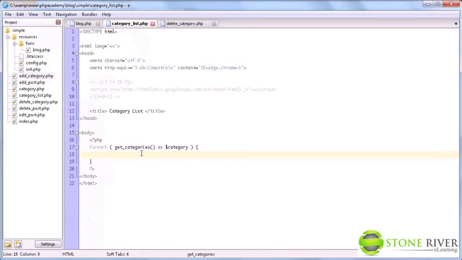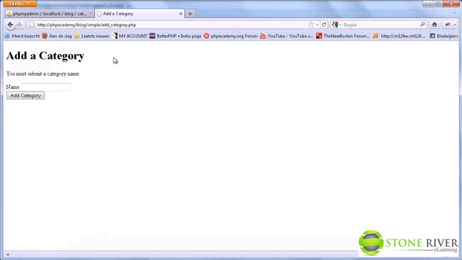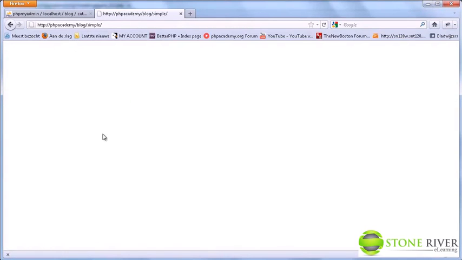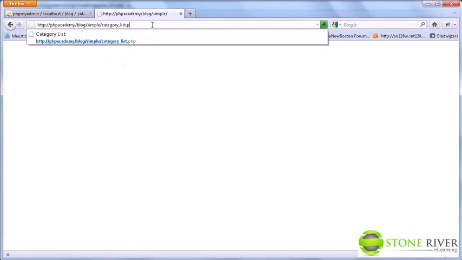Let's see if this works. So I'm just going to echo category name with a break, again, just to see if it works. I'm going back to the index. Oh, of course I emptied the index, so that's not going to work. I'm going to category list.php